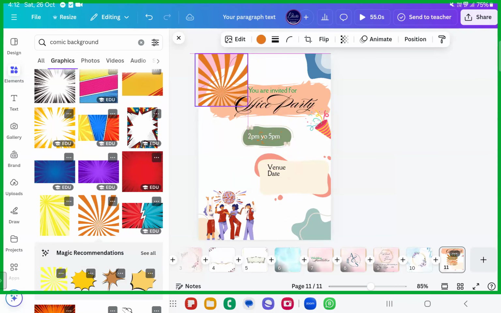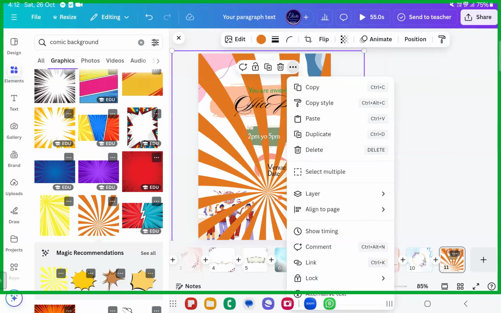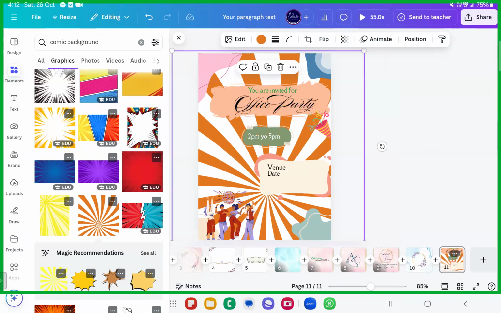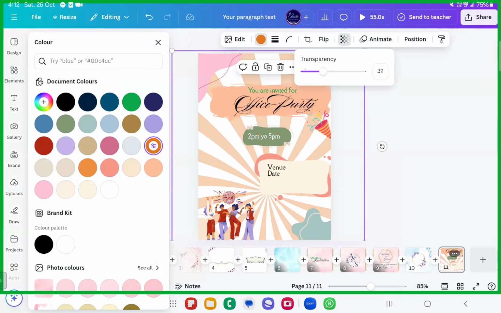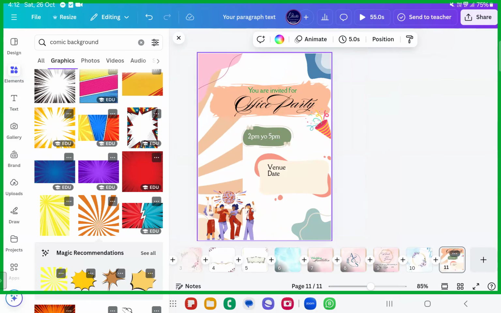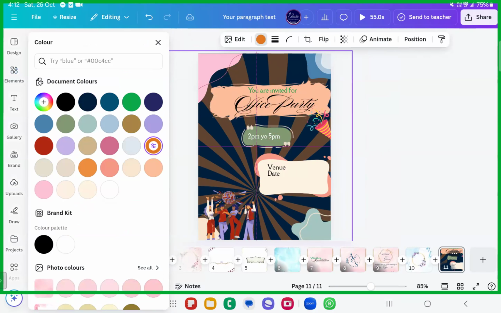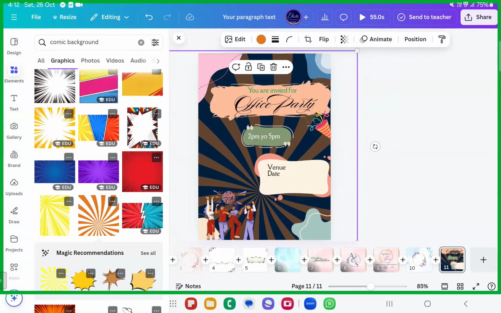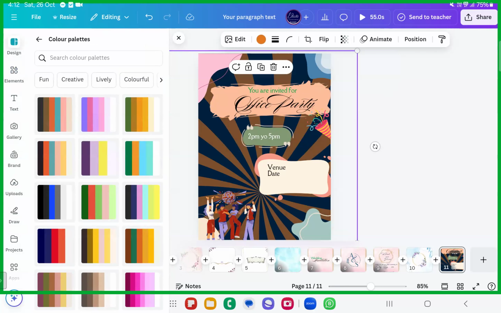Or what I'll do is I'll just put it up like this. Layer it up backwards, layer, send it to back, and I want to make sure that the colors are changed. Colors you can change using this one also, something like this you can go ahead with. Or for the background color, you can put some other color. For example, you can just put some other color like this blue and add this over like this. Now the colors you can change using the color palette, fine. Simple ways how you can create your own beautiful backgrounds. I'll just go ahead with the color palette now. See here. And we'll just change the colors.